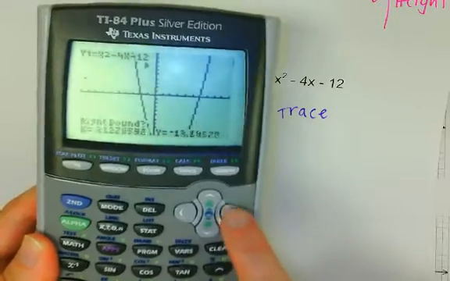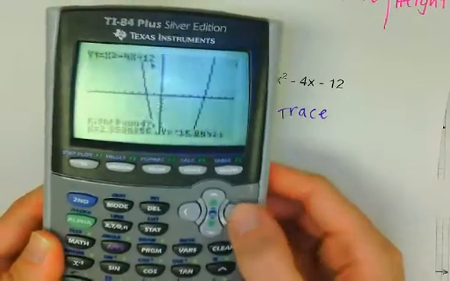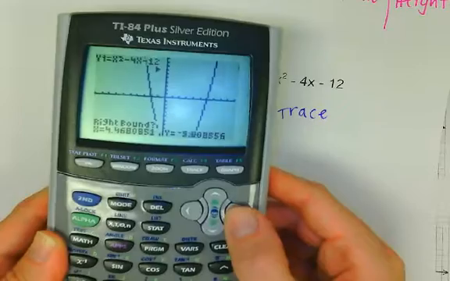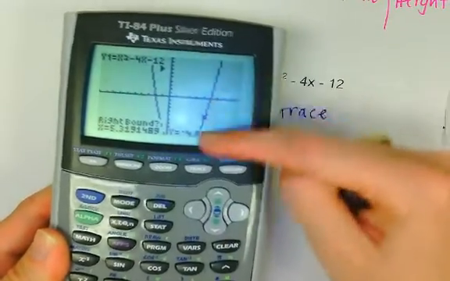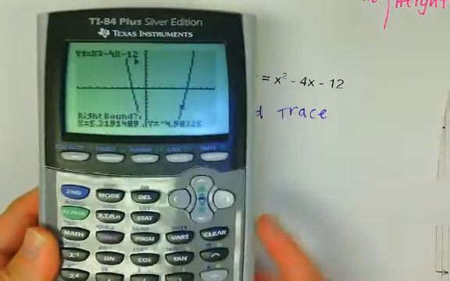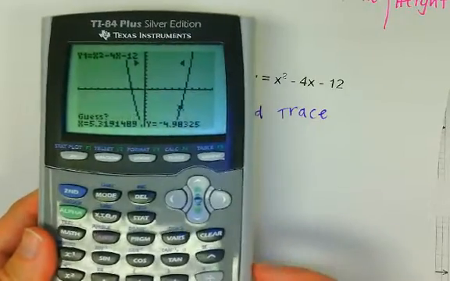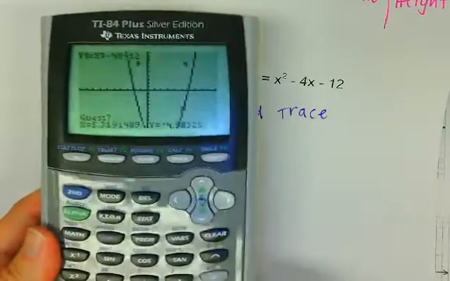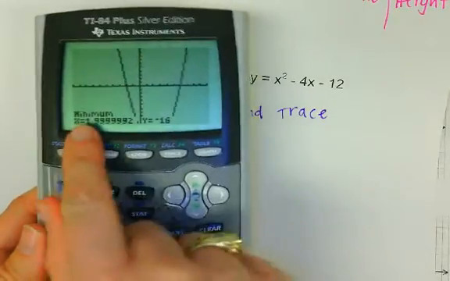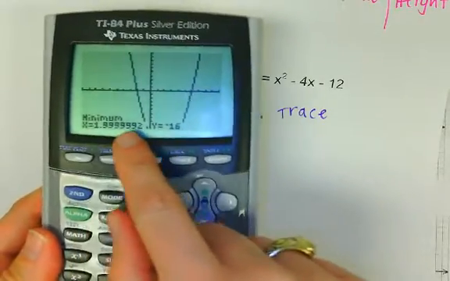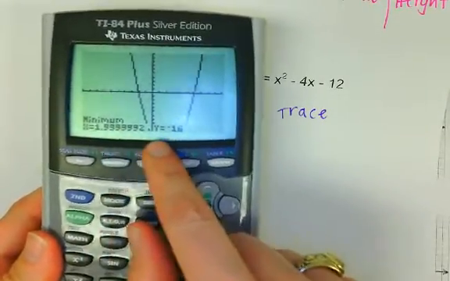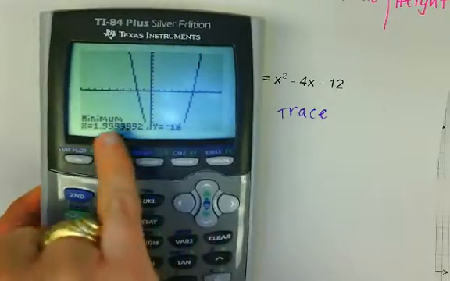When it says right bound, send it to the right. Be patient until you can see your cursor on the right side of the U and press enter. When it says guess, press enter one more time. And my minimum, remember you have to know what it means, it's 1.9999999, so that's really telling me it's at